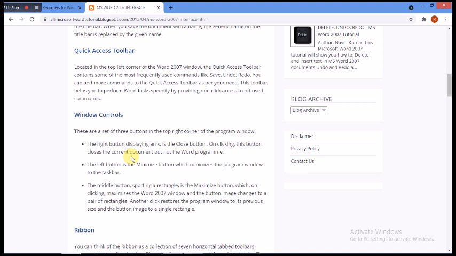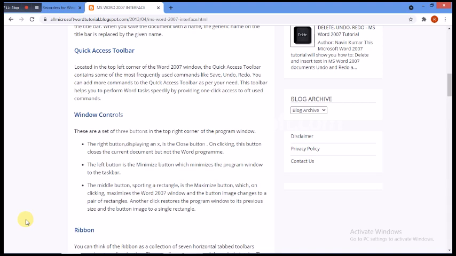We can also add more commands as per our needs. Let's say if we use a few commands, ribbons or shortcuts frequently, then we can directly keep those in our quick access toolbar so that they are available quickly to us.